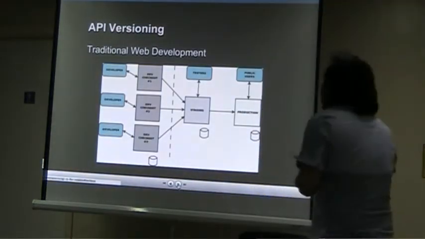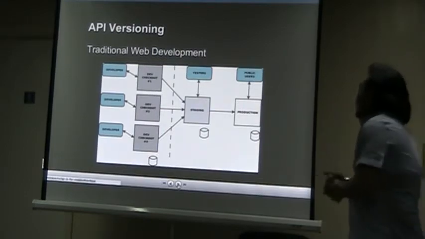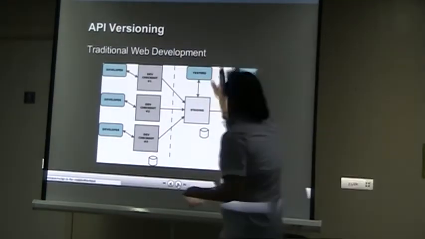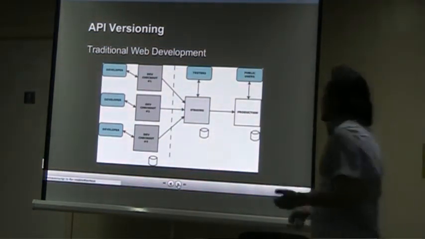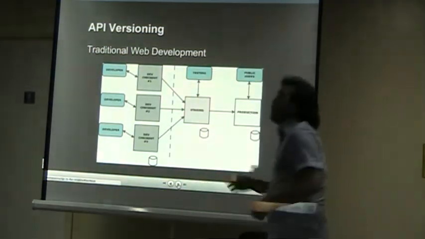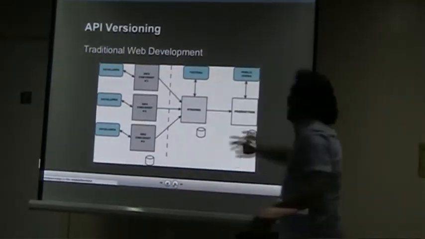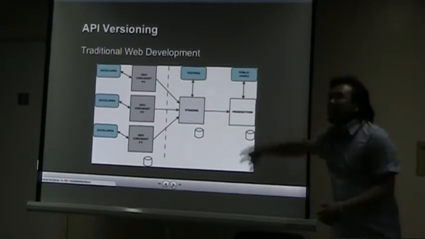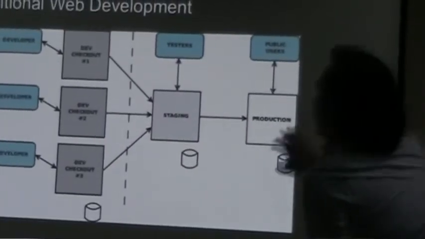Normally, in a traditional web development environment, you have all your developers with their dev copies of the code. You have a staging copy that should always work. And then you have your production copy that is your client-facing copy of your website or application.